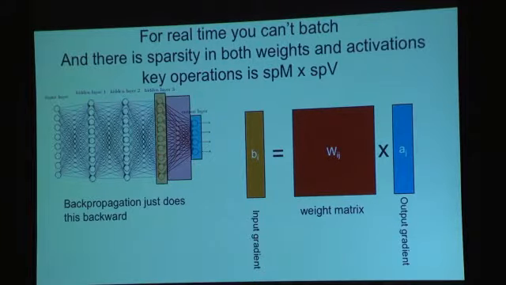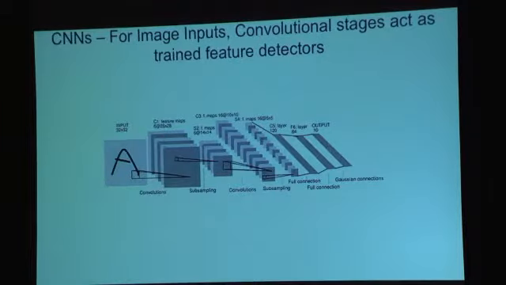Also, there's a move today to basically run the convolutional layers at the front end of networks like AlexNet and VGGNet once, and then run multiple detections on the back end repeatedly using the same set of features that were learned by running the conv layers once on many sets of fully connected layers for different detections. But the convolutional layers are also important, and so for the image nets, we tend to run the first several layers as trained feature